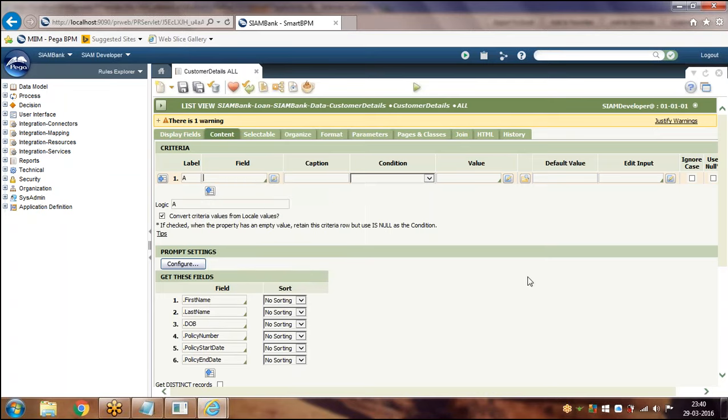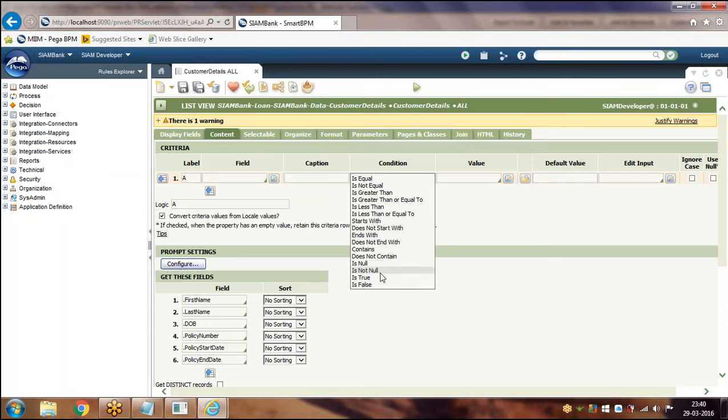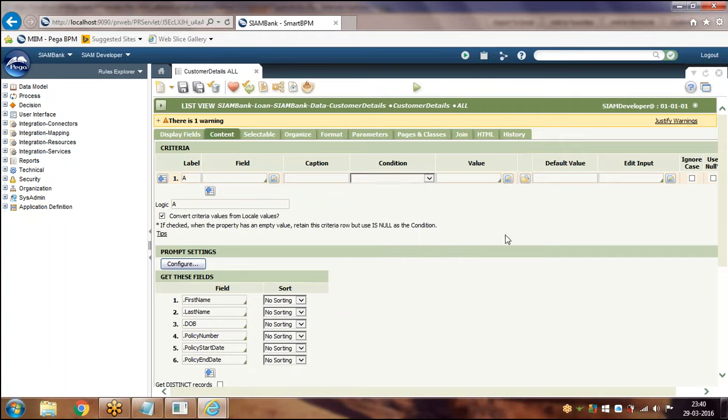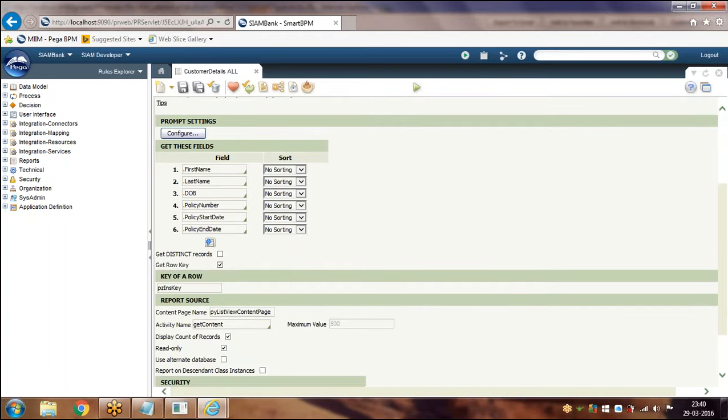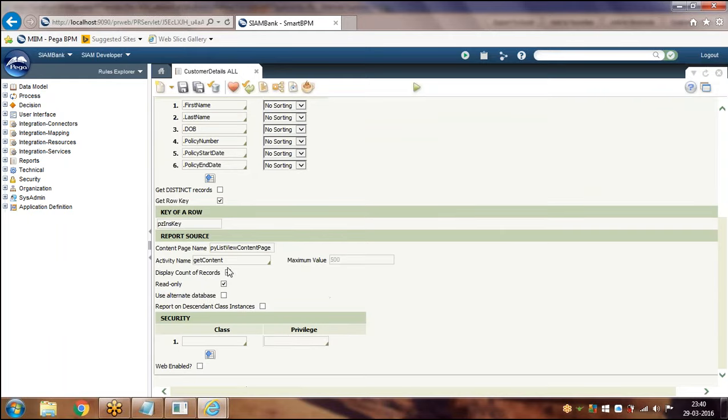So as of now, I'm not having any criteria here. Same like in report definition, how you are configuring criteria, the same options you will be having here. And when you run this report, the default activity which will run is the get content activity.